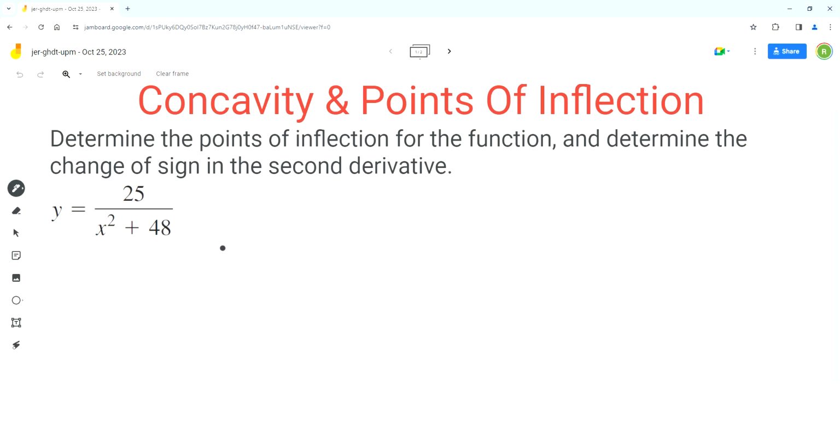Inflection points are points where the second derivative of a function is equal to 0 or undefined. So we have to find the second derivative of this function. We'll start with the first derivative. In order to find the derivative, we should move the denominator x squared plus 48 to the numerator, because there is no x term in the numerator, and that will make it easy to find the derivative of this function. So the first step is